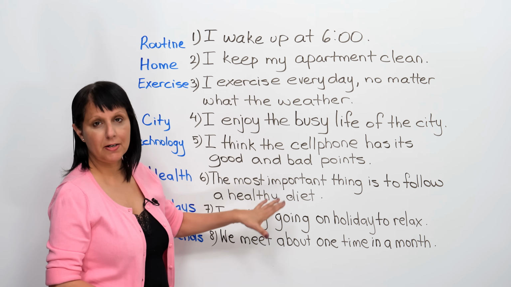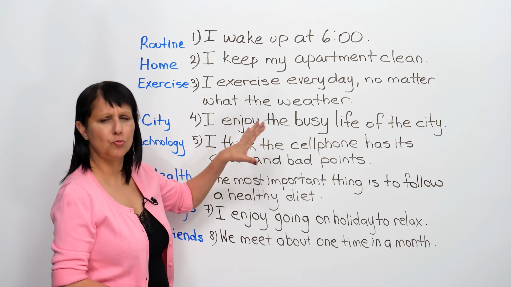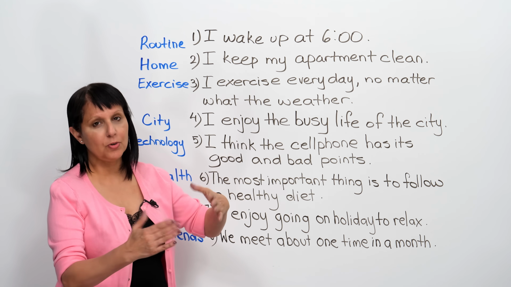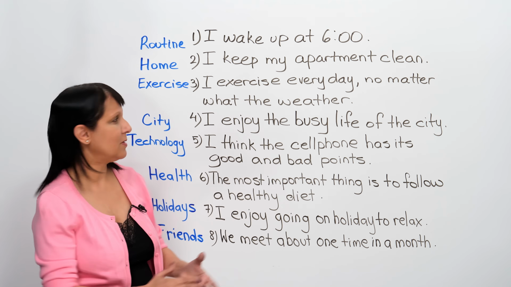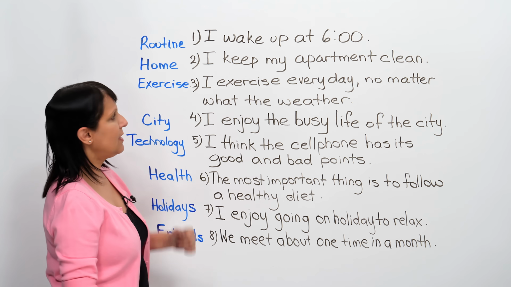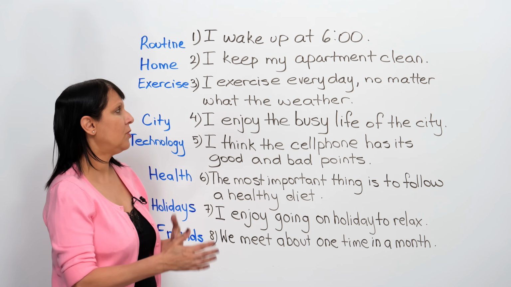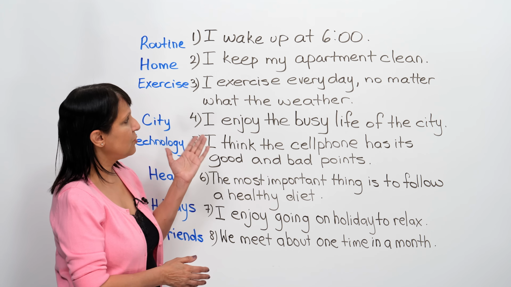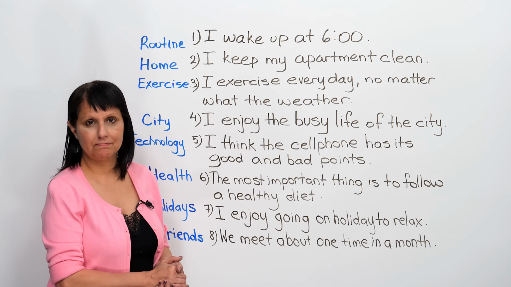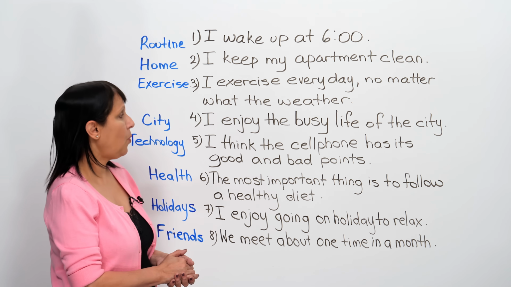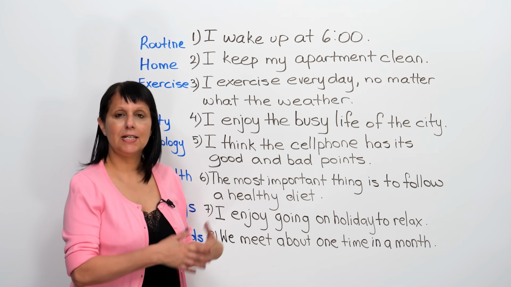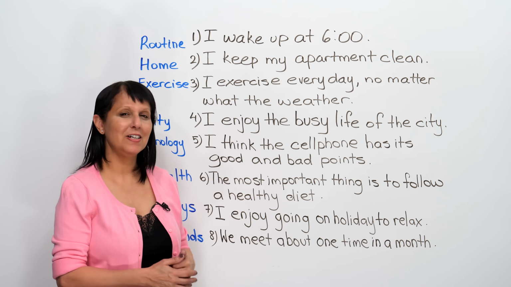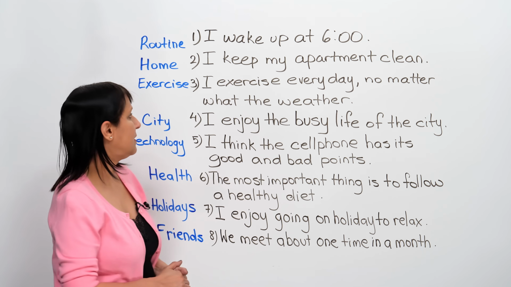We're going to read the ordinary words. Okay? Not that these are wrong. It's just that these are not going to get you the highest scores. And your goal is to always get the highest scores. All right. So suppose they ask you about your home and your routine around your home. So you could say, I like to keep my apartment clean. You could say that. Or, I keep my apartment neat and tidy. Right? Remember we used that expression before? Neat and tidy. Good.